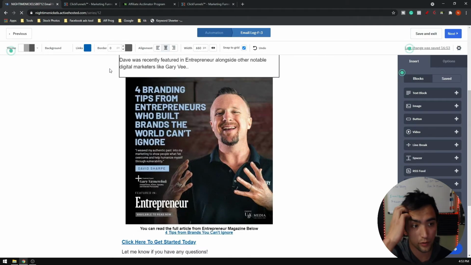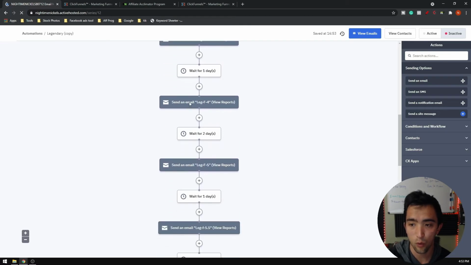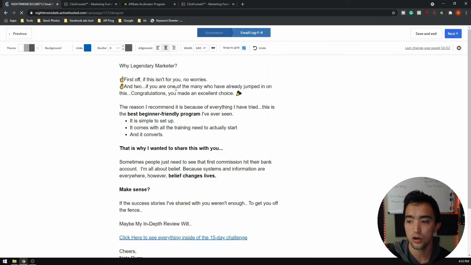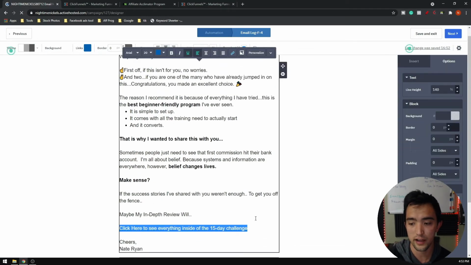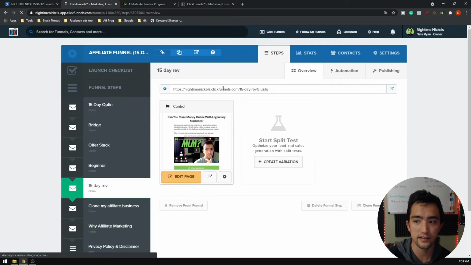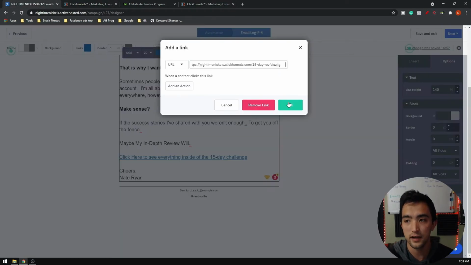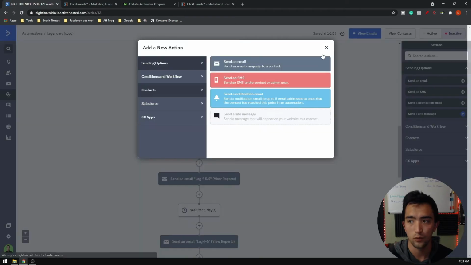And the next link is going to be different. So day number 4, Legendary F4, is going to be a different email or a different link. So we are going to change out this link on day 4 on Legendary F4. You're going to come down to 15-day review right here on your funnel. Click on the button, and then this is the link you are going to copy and paste into that email. Paste that in there, click OK, save and exit, and we are on day number 5, or email number 5,